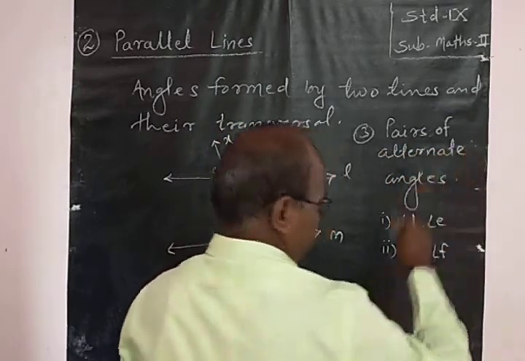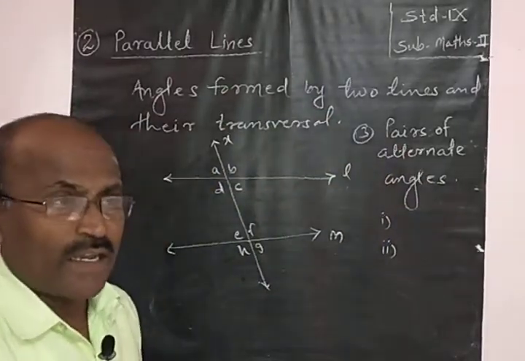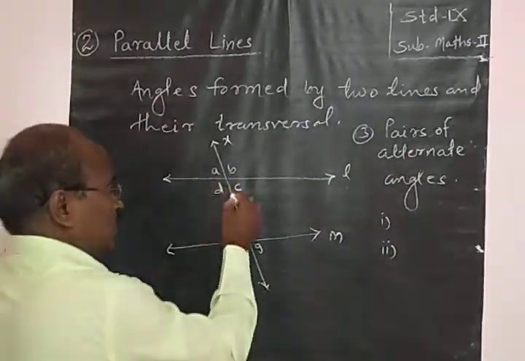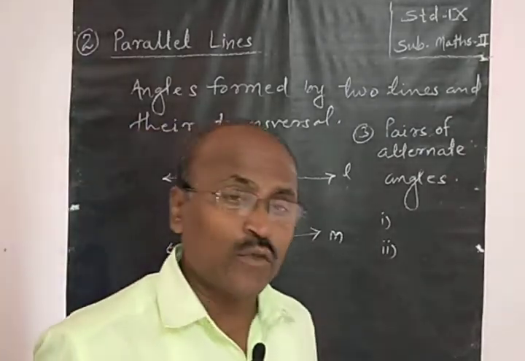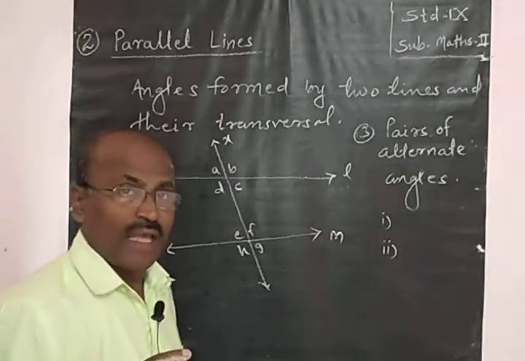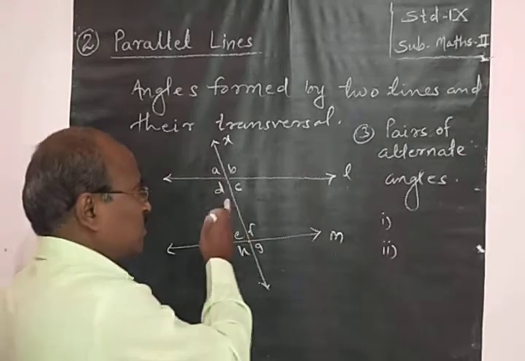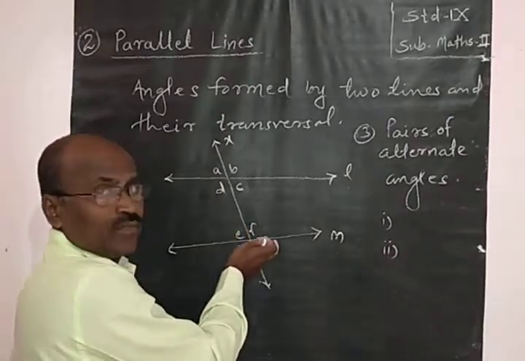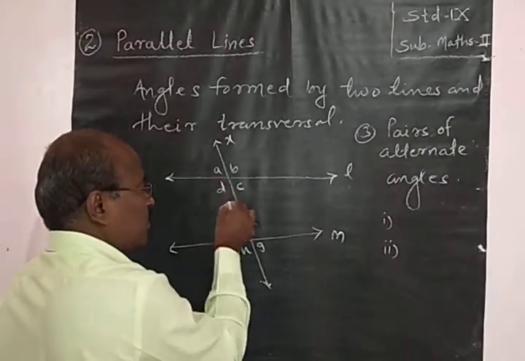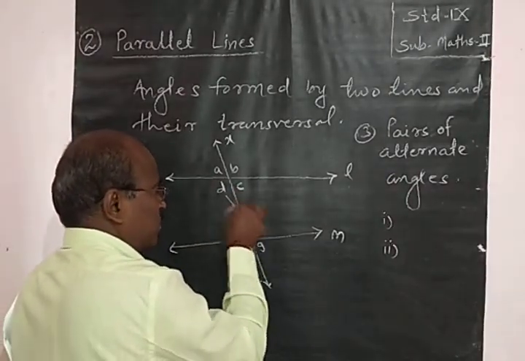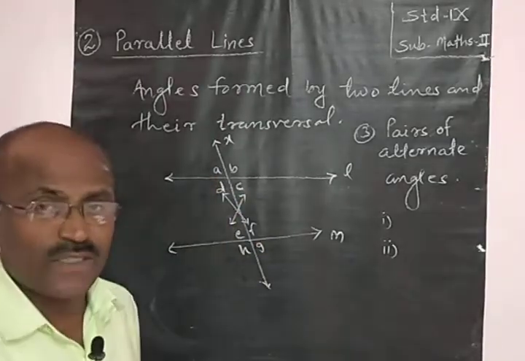Alternate angles. Now here you can see there are two pairs of alternate angles. So what are alternate angles? See, these alternate angles also lie in between the two lines, and each angle of the pair is at the opposite side of the transversal. So this is the first pair and this one is the second pair. Such cross angles are the alternate angles.